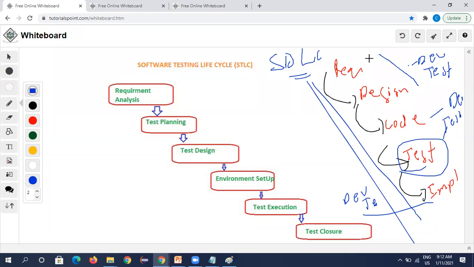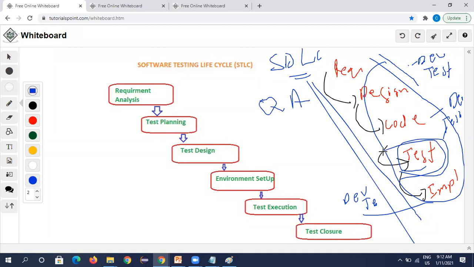So in requirement and design, where the tester is involved, it is called QA, quality analyst. When the tester is involved only in the testing phase, it is QC, and when he is doing automation, he is called QE. We have discussed these things: quality analyst, quality engineer, quality controller.